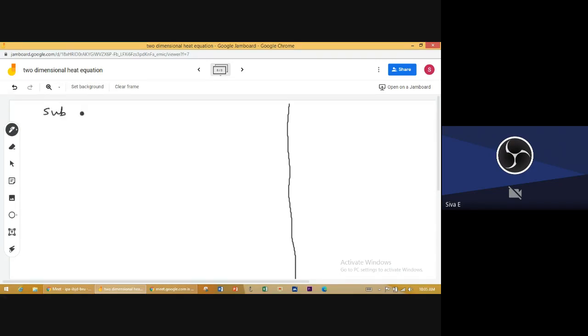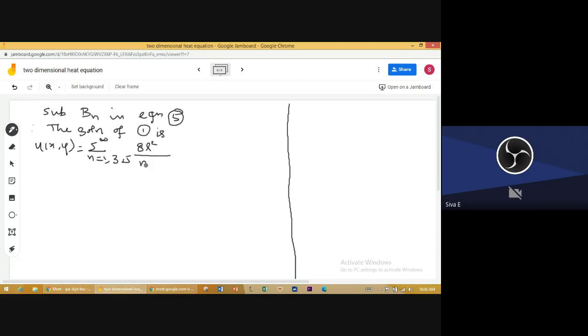Substituting Bn in equation number 5, therefore the solution of 1 is u of x comma y equal to summation of n equal to 1, 3, 5 to infinity, because even Bn is 0, so n is 1, 3, 5 to infinity, 8l square by n cube pi cube sinh n pi